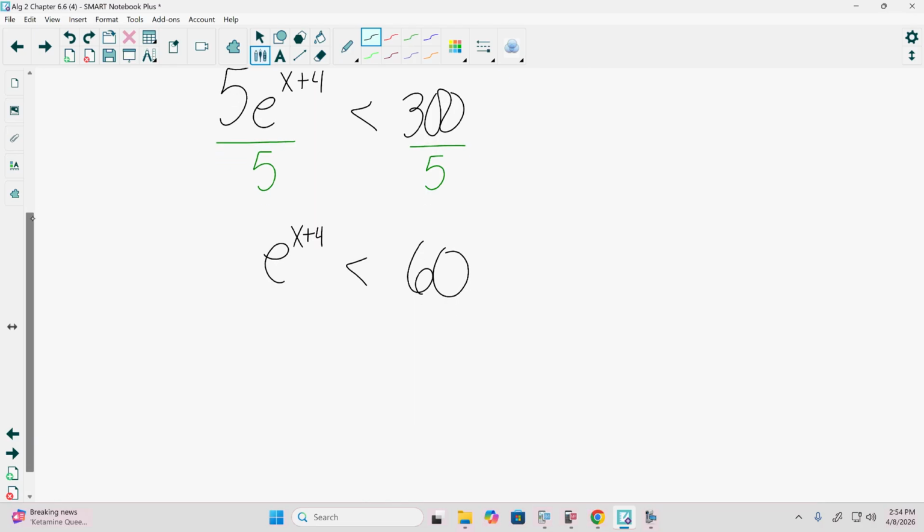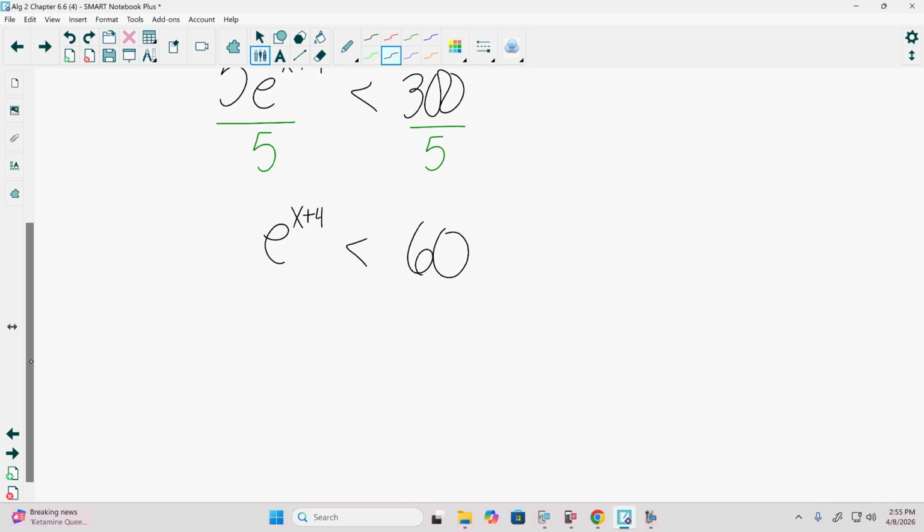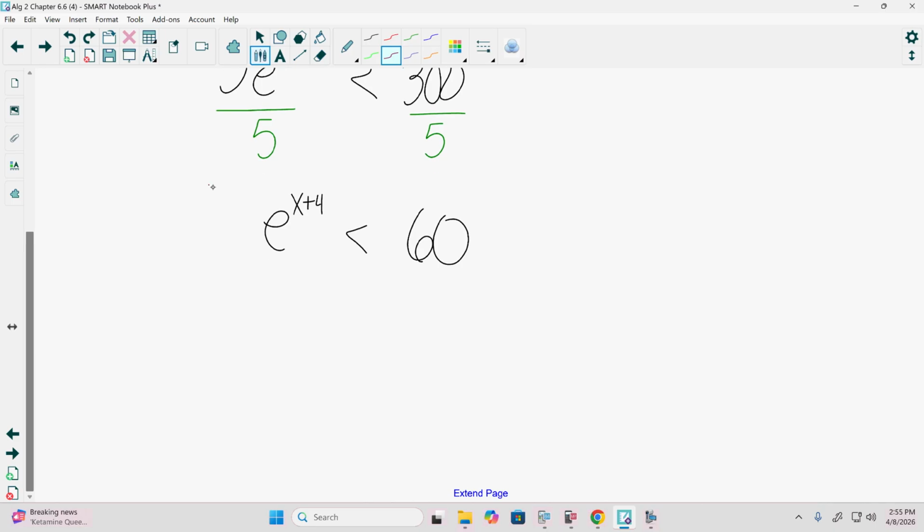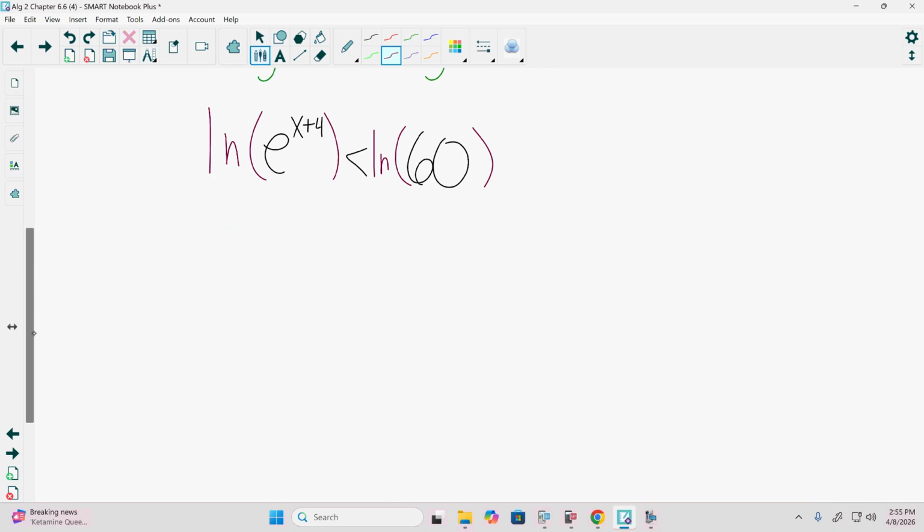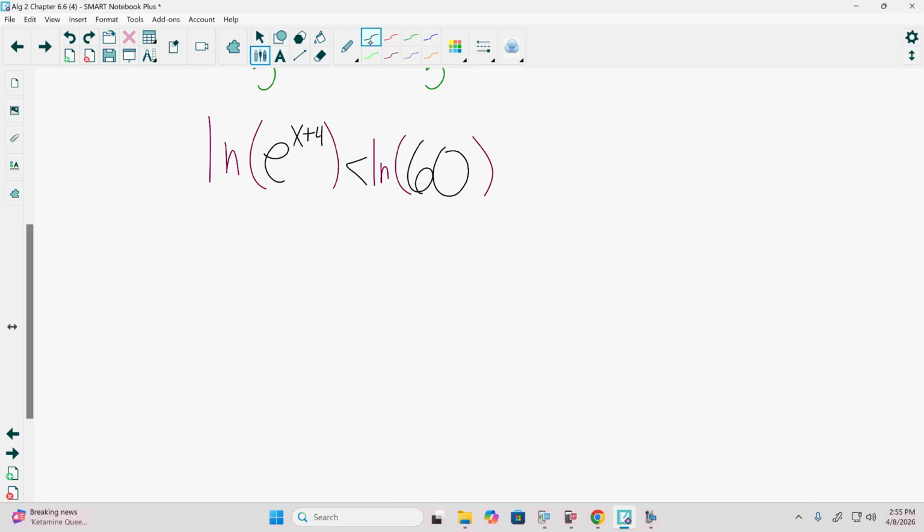6. Is our base e by itself? Yeah, I mean, we have the x plus 4 in the exponent, but that's in the exponent. I want to make sure that base is by itself. And it is indeed. And since that e is by itself, we're going to do what? Apply the natural log to both sides. We need to get that variable out of the exponent. Because logarithms will let me move a power out of the exponent to the front of the log,